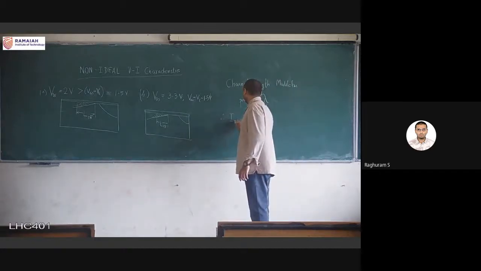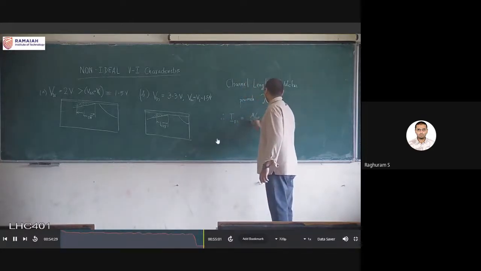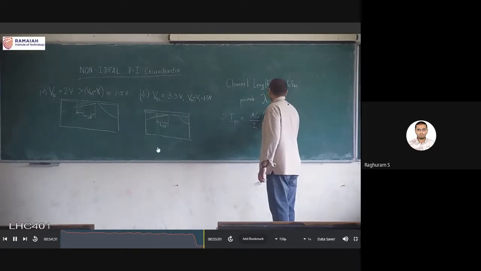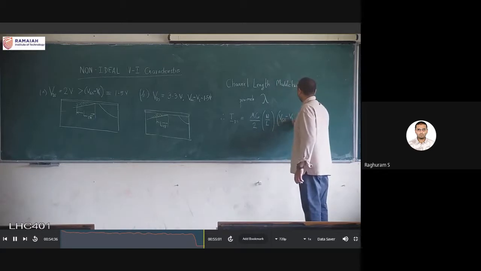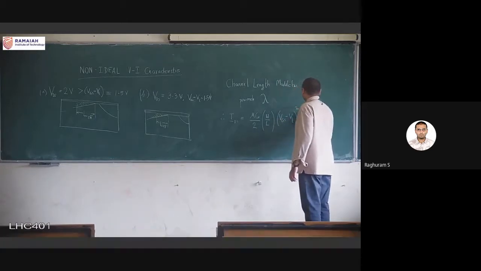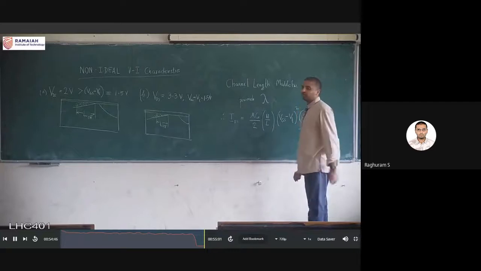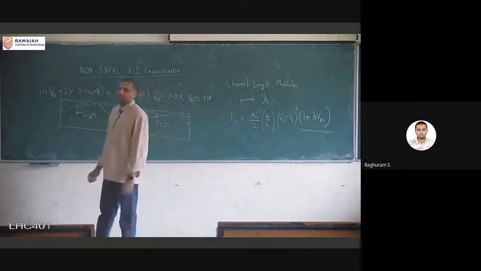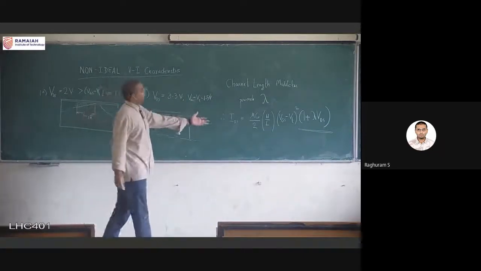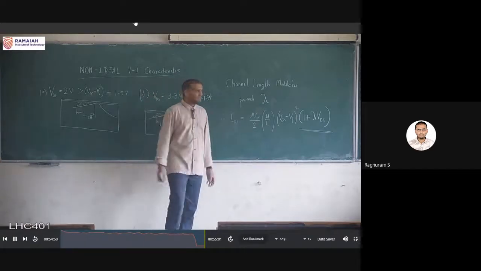IDS equal to mu Cox by 2 into W by L into VGS minus VT the whole squared into 1 plus lambda VDS. This is the new equation for current because of channel length modulation. And if you make a simplifying assumption, this lambda, a sample value, for example, might be